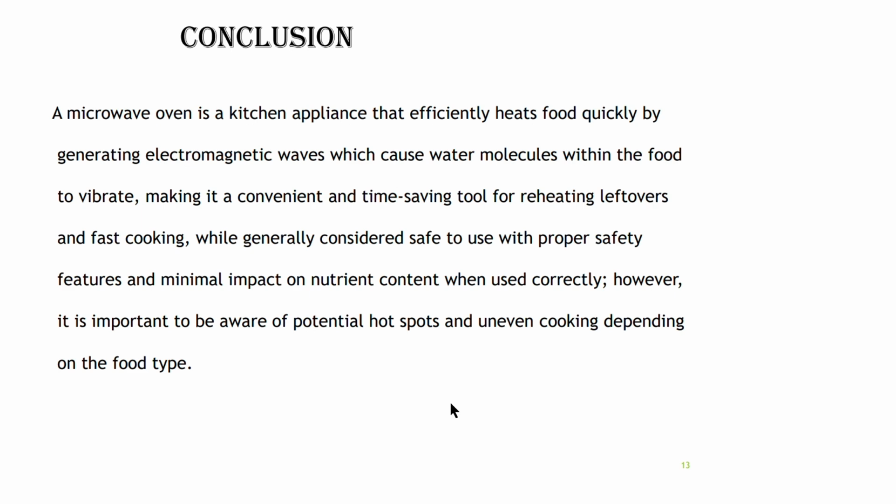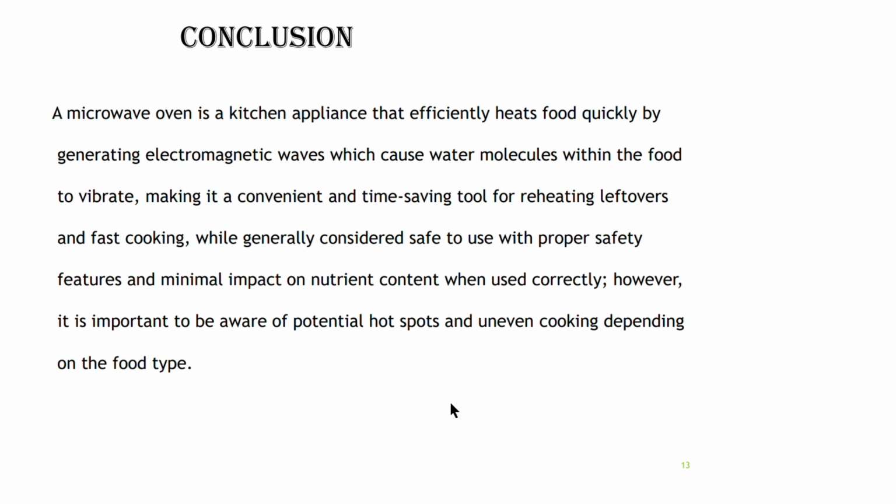Now coming to the conclusion, a microwave oven is a kitchen appliance that effectively heats food quickly by generating electromagnetic waves, which cause water molecules within the food to vibrate, making it a convenient and time-saving tool for reheating leftovers and fast cooking. While generally considered safe to use with proper safety features and minimal impact on nutrient content when used correctly, it is important to be aware of potential hotspots and uneven cooking depending on the food type. Now I am going to show the code and the header file I implemented for this project